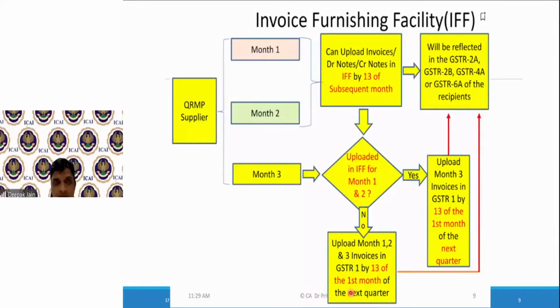Nishtala Shravani, please explain the third month, which is a little confusing. In the first and second months, your customers are shouting, so you are doing IFF. If you have reported in IFF, then in the third month don't report it again, because what you have done in IFF will come and sit in your GSTR-1. Other supplies, apart from those reported in IFF, you include in GSTR-1; don't duplicate. If you have done it in IFF, good. If not, do it in your GSTR-1. And if you have done nothing in IFF, then do everything in your GSTR-1.